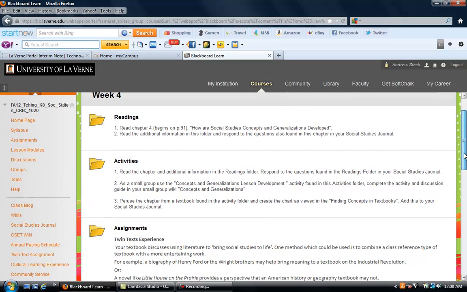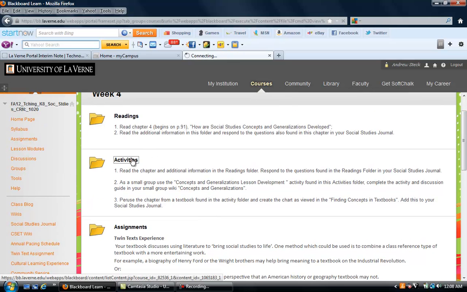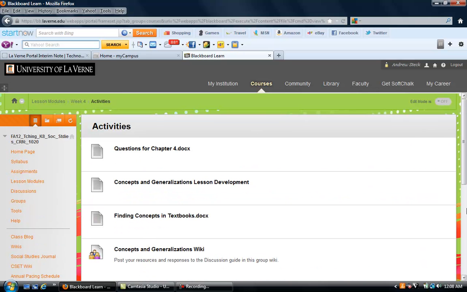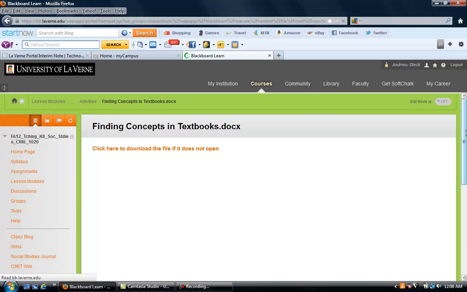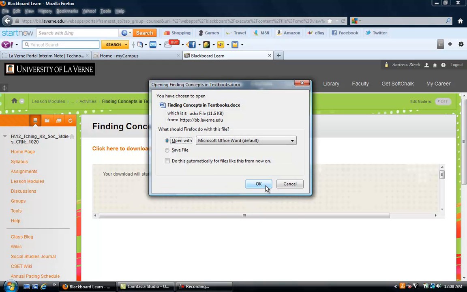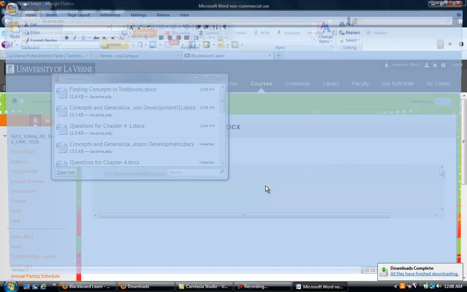Now this is an independent activity. Again, go to your activities folder, locate the textbook, and here is the document. The textbook, it'll probably be a chapter, will be in here. You're going to find the concepts, and you're going to open this,